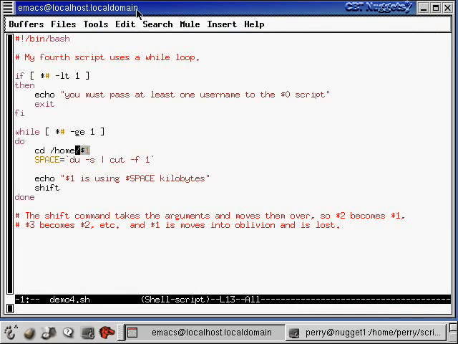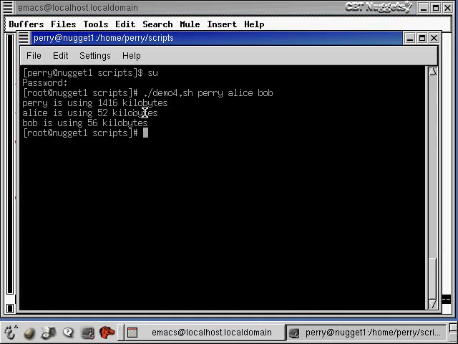We get to use some program and say I want it to run this every day, because those three people are running these scientific simulations that are eating up a lot of space, and I want to make sure they haven't gotten out of control. I can just run this script every day, and I don't have to run these individual commands to do it. I just set the script up, and then I go out there and I just run it by saying demo